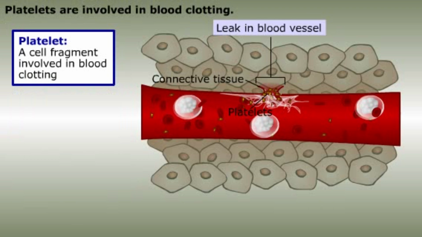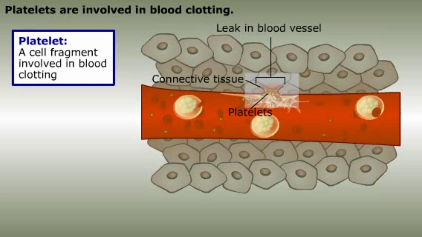When we get a cut or bruise, a hole develops in a blood vessel. The hole exposes the connective tissue. Platelets stick to the connective tissue and begin forming a clot. Platelets start the complex series of reactions